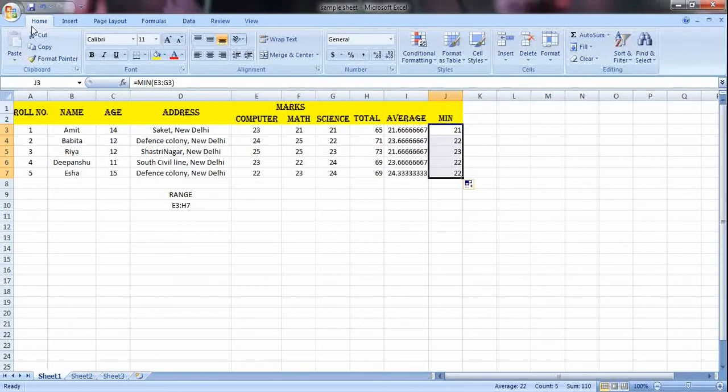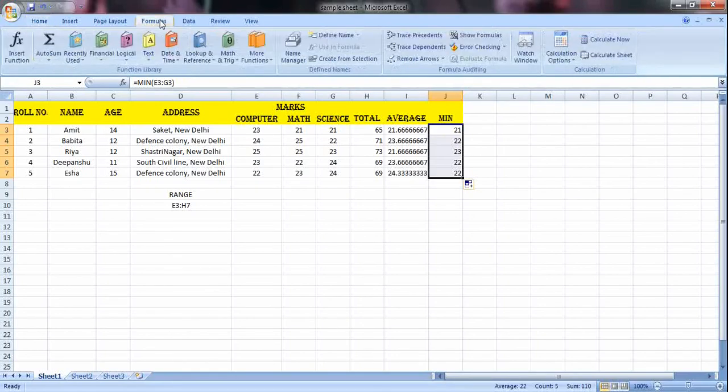Other than this, there are number of formulas present in the formula tab. You have to simply click on the formulas tab, and if you look here, there are so many formulas already present. So all these can be applied simply with a mouse click.